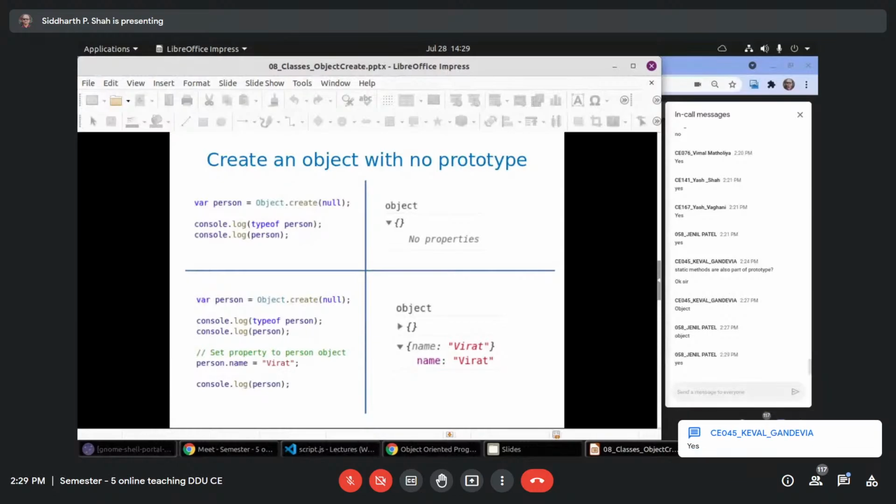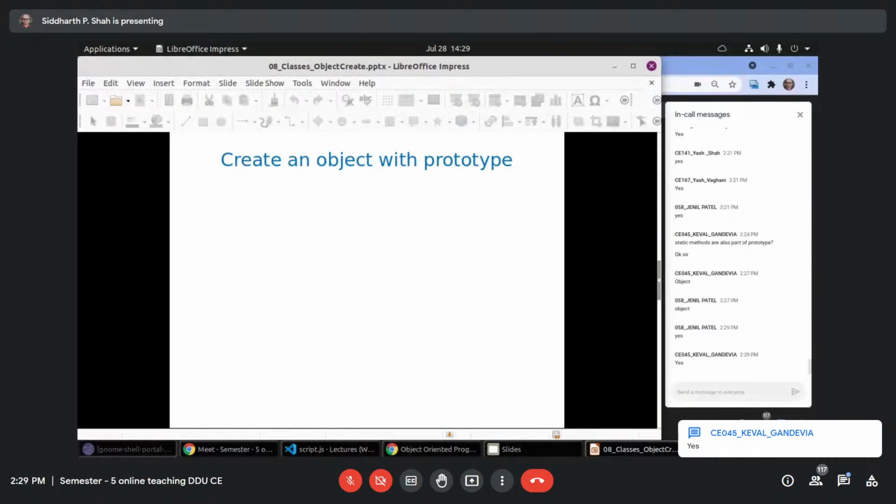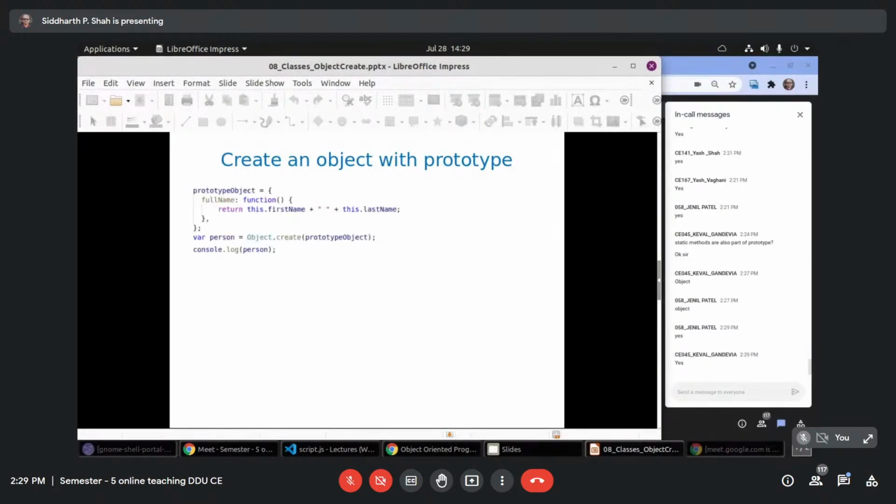Okay. Then let us create an object with a prototype now. So we are creating one object, let's call it object, which has one property fullName, which is nothing but a method. This is the same as the fullName that we just saw. So this is one object with one property fullName.